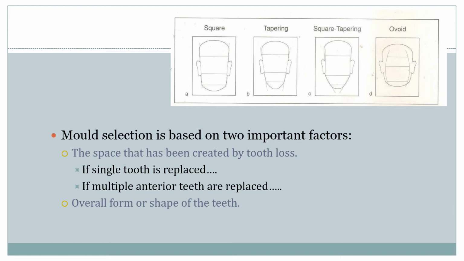So then coming to your mold selection, the space that has been created by tooth loss. In your edentulous site, once the tooth has been lost, consider the amount of time for which the edentulous space has remained like that, meaning it can be from a few days to a few years or many years. That edentulous space can be invaded by the adjacent two teeth from the mesial and the distal sides. So the tooth might move into that place, and you have to see the amount of space that you have over there. Based on that, you have to see which size of tooth you are going